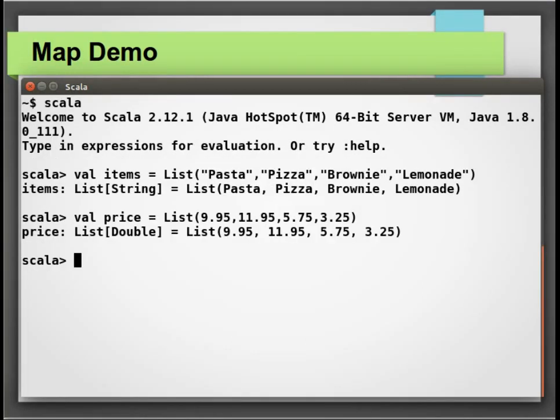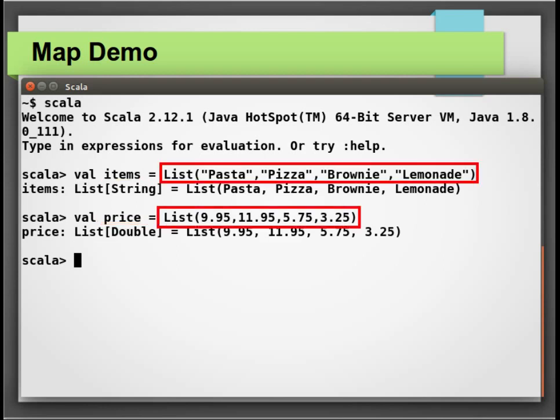Well, because of how important lists are in Scala, we ought to know how to create a map from two lists. We have one list representing all the keys and other refer to all the values. Here, keys are a list of all the food items, pasta, pizza, brownie, and lemonade, and our values are the list of their corresponding prices.